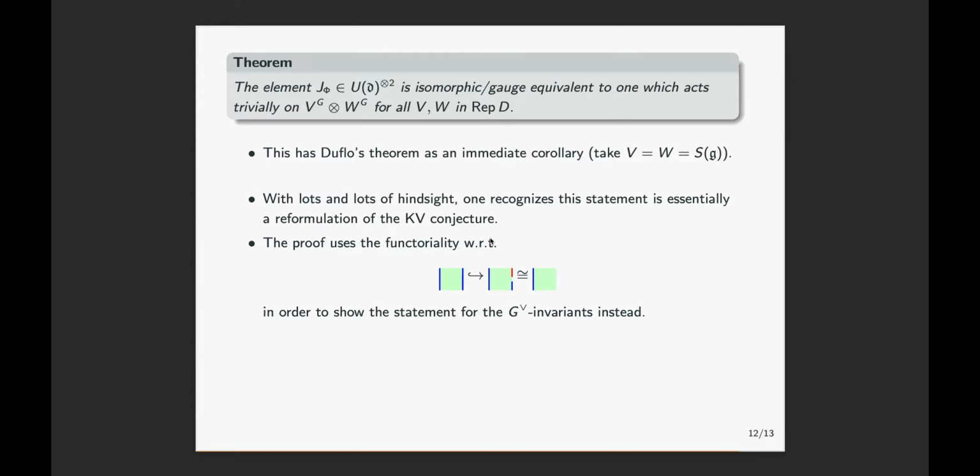So the first part is that just from looking at pictures, this statement should be immediate if we're looking at dual invariants instead. And so, symmetries. The last step is to use this duality property. And again, the fact that this duality symmetry really involves some highly non-trivial isomorphism is related to the fact that the Duflo isomorphism is non-trivial. So in that case, this symmetry is where this Duflo element comes from. And the fact that this is not just the PBW isomorphism, but something more complicated, is hidden there.